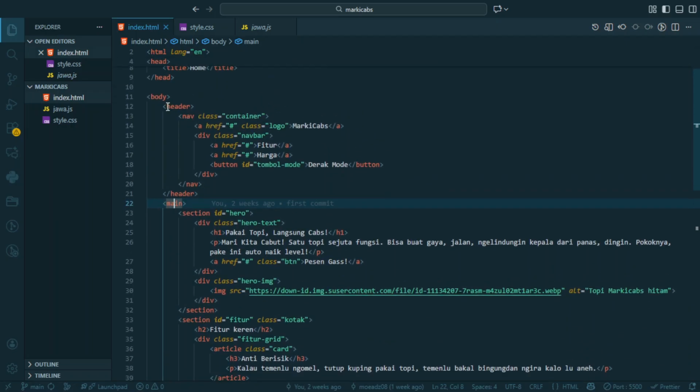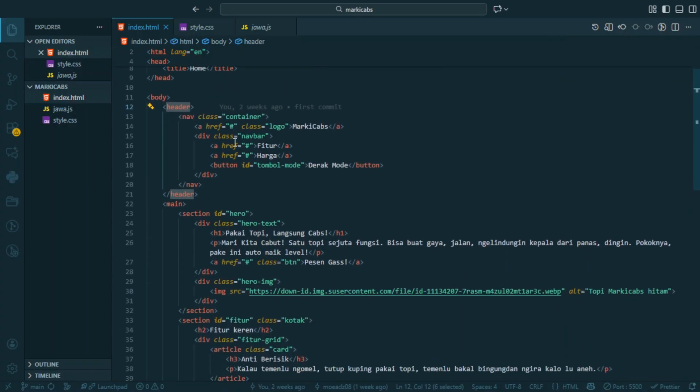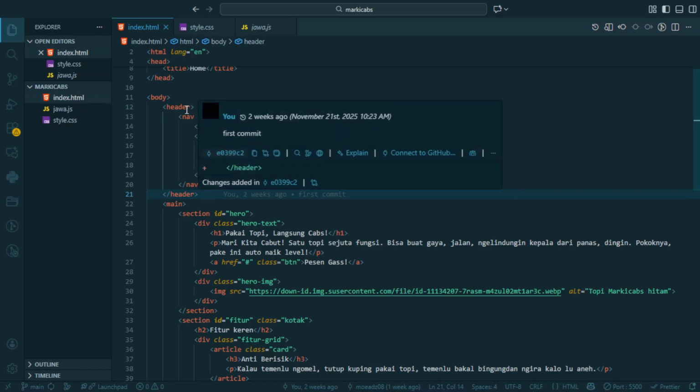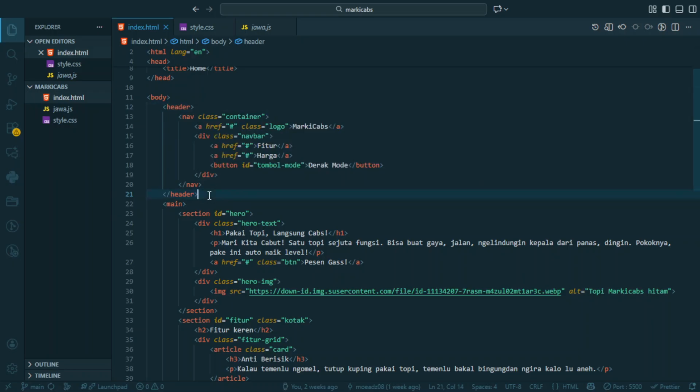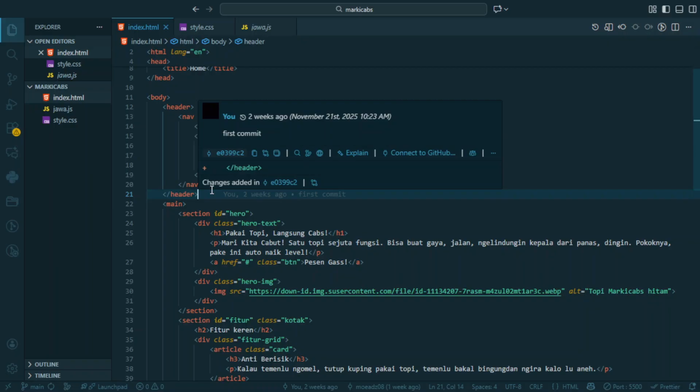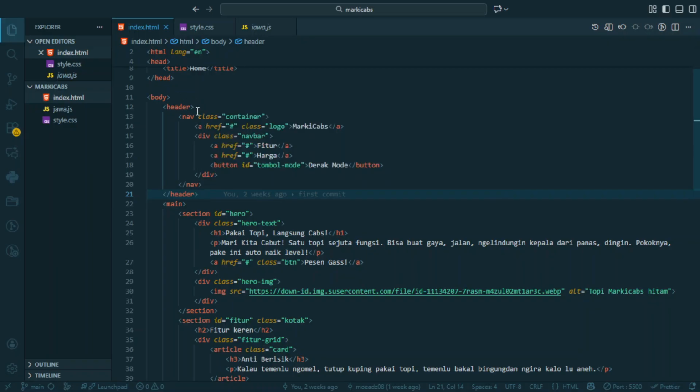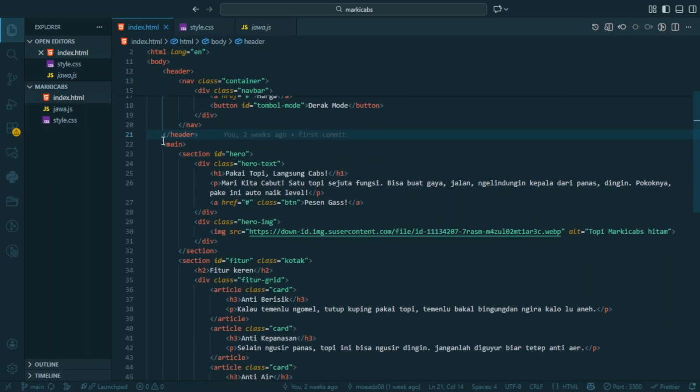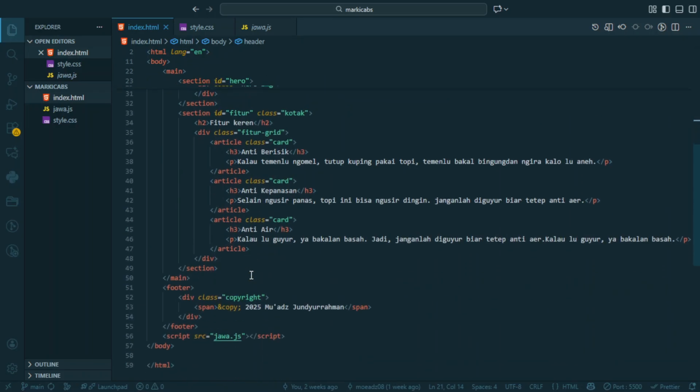If we only use div over here, we cannot see if it's a header or not, if it's the navbar or not. But if we use header, we can know it's exactly the navbar.